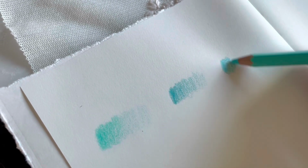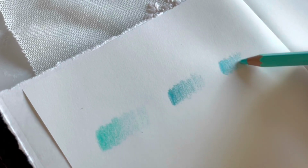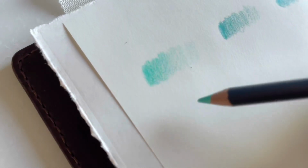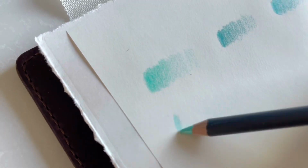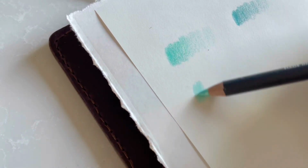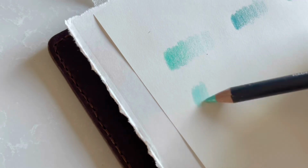And I really like the look of it. I'm not sure, I think it might have been on her Instagram. She showed a pair side by side, one that was just done with watercolor and one that was done with watercolor and pencil. And I think the pencil brings a really beautiful fine grain over the top of the